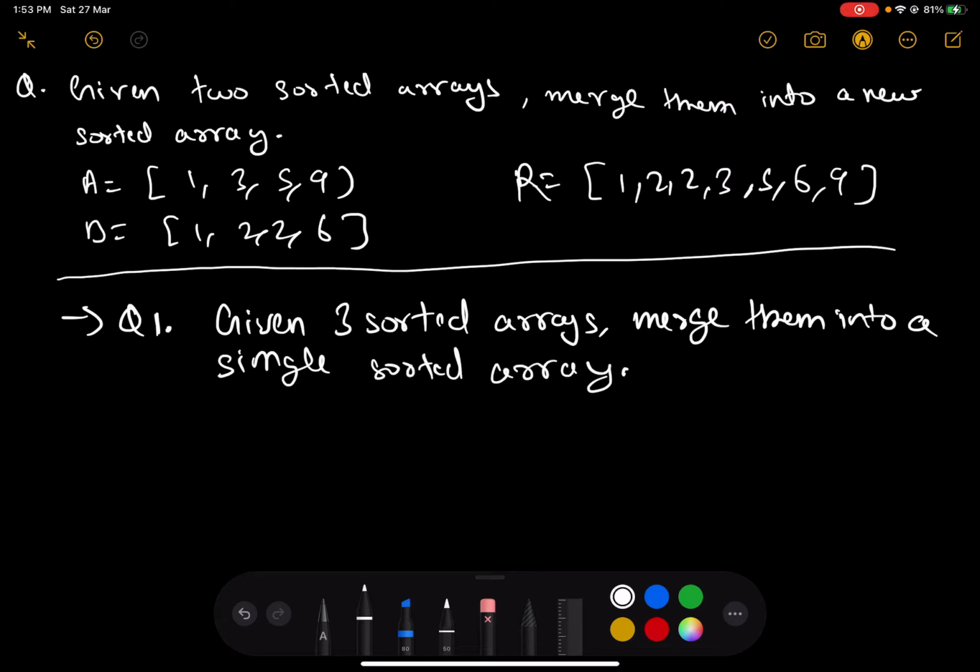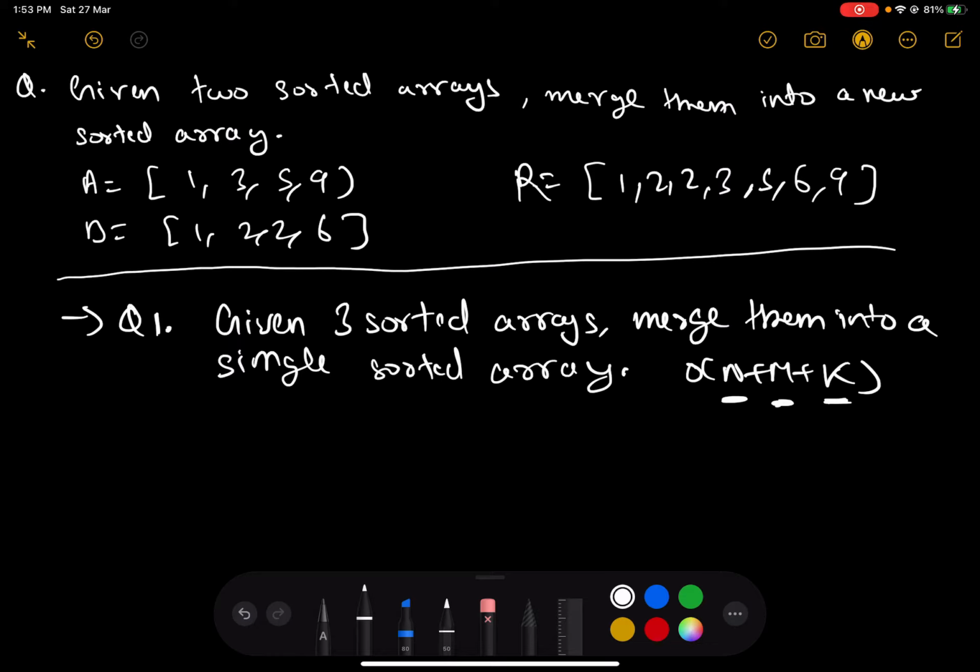The expected time complexity for this is O of n plus m plus k, where n is the number of elements in the first array, m is the number of elements in the second array, and k is the number of elements in the third array. Coming to the time complexity of this two pointer approach, I think I didn't discuss that.